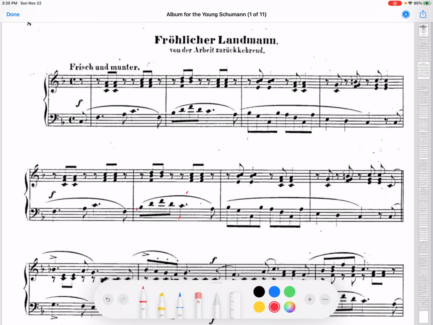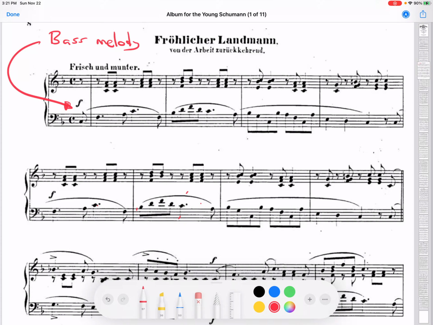In this short video, I'm going to show you how a second inversion chord can appear in a bass melody. So, when you have a bass melody, what it means is that, quite simply, the melody is in the bass. This is a short piece by Robert Schumann. It's called From the Album of the Young, and it's Fröhlicher